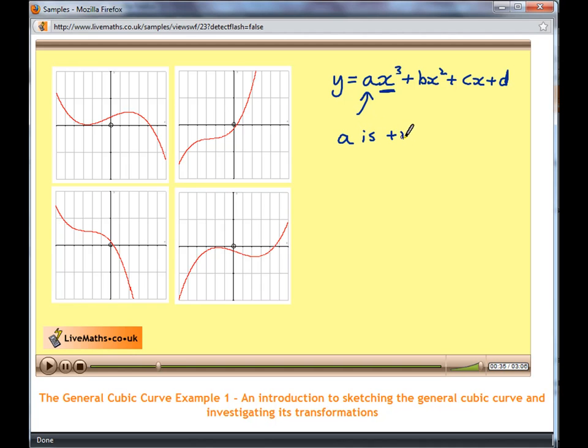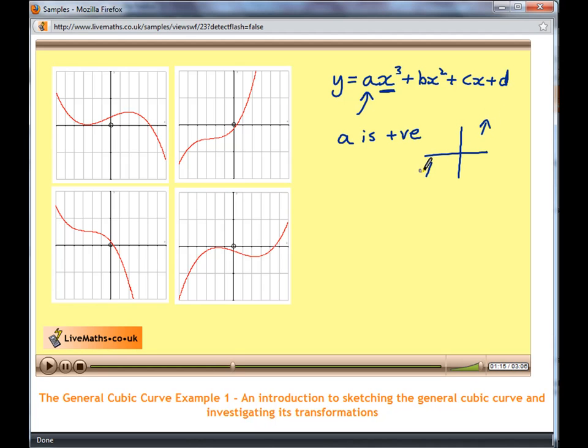If a is a positive number, then if x is positive, we will have a positive value for ax cubed, and when x is very large, this will completely override the other terms in the expression. So therefore, the curve must be positive for large positive values of x. The implication this will have on the shape is that the curve must go off of the top in the